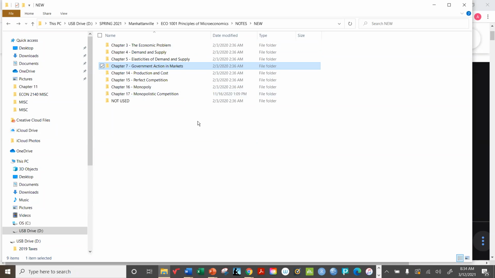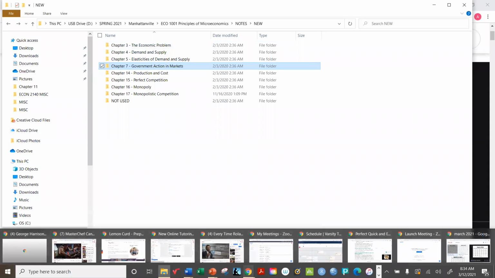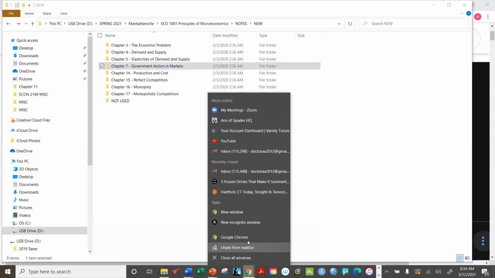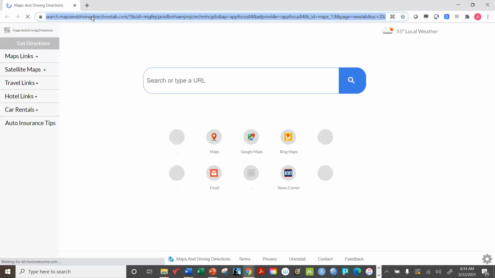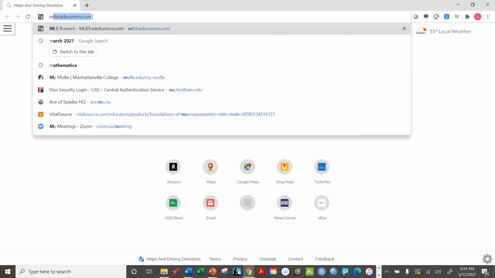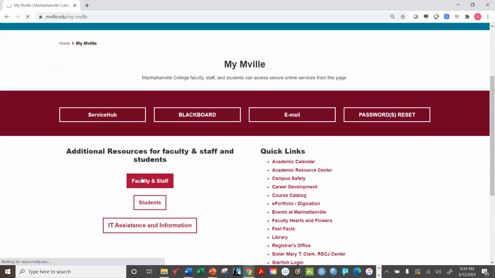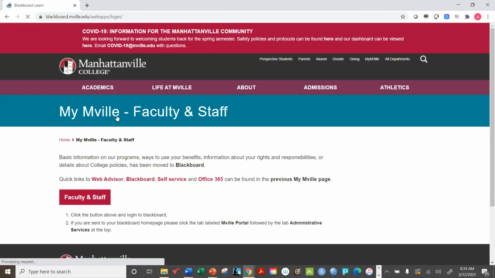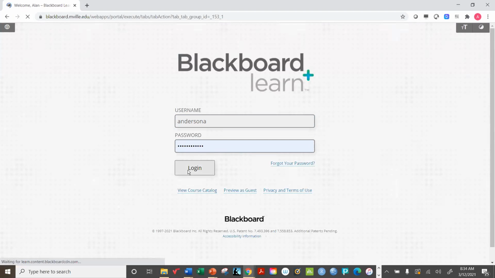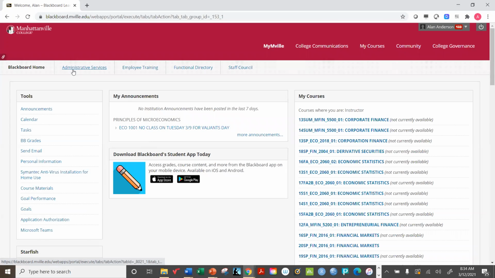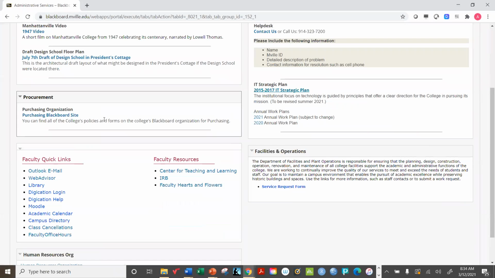The scanner can turn your documents into a PDF document, and then you can email them back to me as well. But either way, what I'd like you to do is 2 things. Number one, if you can remember, not that it's mandatory or anything, but it would be nice if you could send it to my Manhattanville email address, only because it makes it easier for me to keep them all together. If you send it to my regular email account, it'll get mixed in with lots and lots of other emails, as you can probably imagine. But here, it'll all be just one nice big